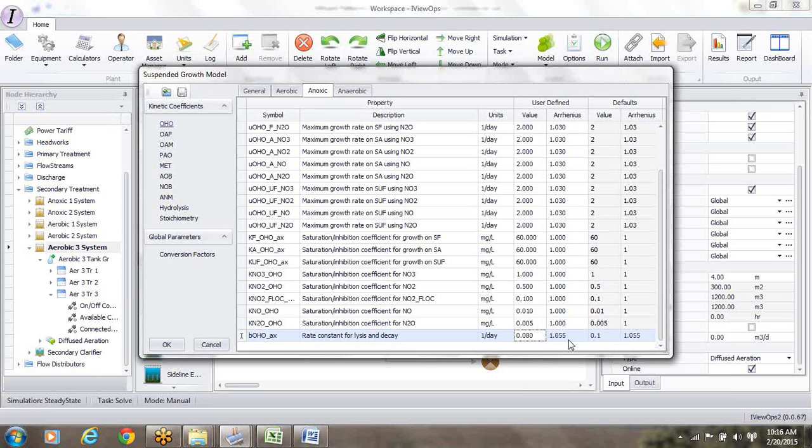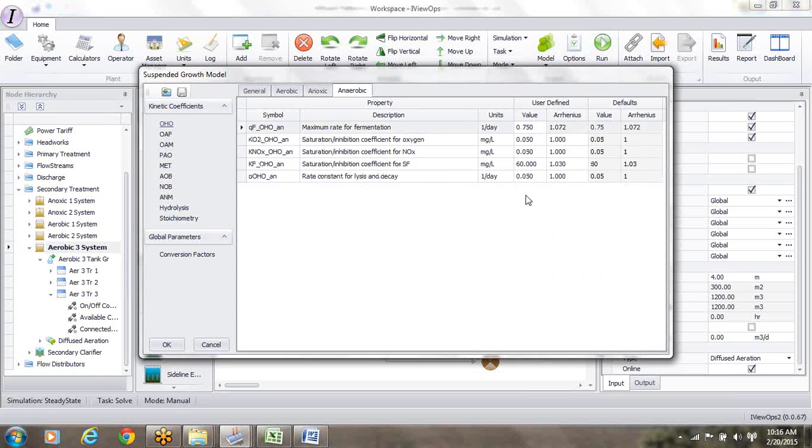Those of you who are not familiar with the Arrhenius coefficient, just familiarize yourself. But here's the Arrhenius coefficient, which tells you how the decay rate changes with temperature, and you can set that. And let's say the anaerobic decay rate for OHO, we'll set it at 0.04. Okay. I will not go into OAF right now for sake of time, but let's quickly take a look at